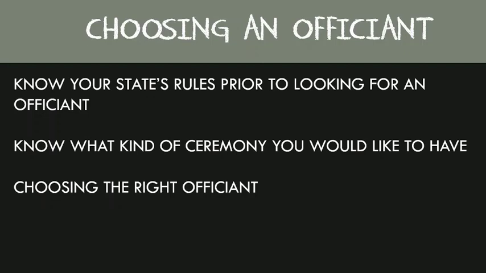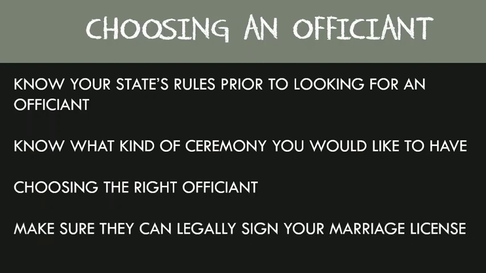Okay, now I'm going to say this over and over. Most importantly, if you take nothing else away from this lesson, I need you to understand that you need to make sure that your officiant can legally sign your marriage license. And you might think it seems a little over the top, but I bet you didn't know that here in New York City, an officiant must be registered with the city's clerk's office for 24 hours prior to signing your marriage license. And this is even if they are a justice of the peace from another town or county.